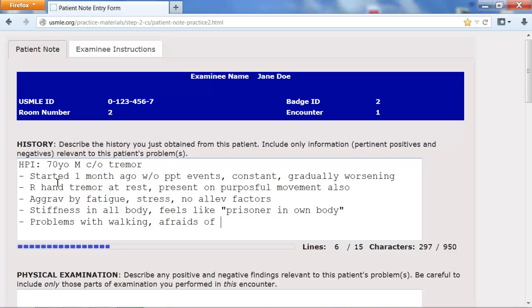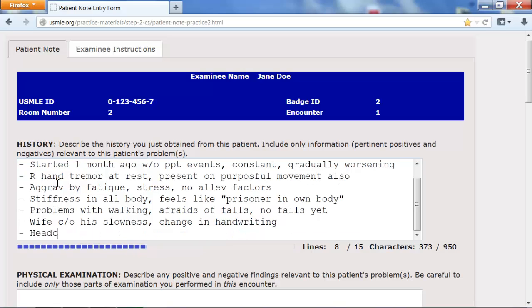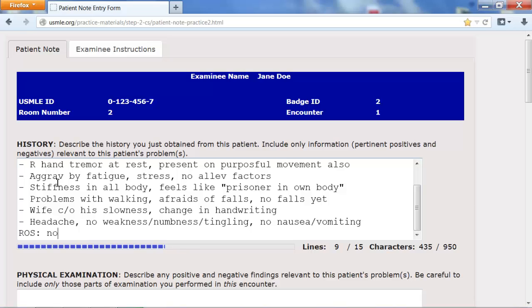Rates of falls. So it's important to ask the patient, did he have any falls? Review of systems, weight, appetite,